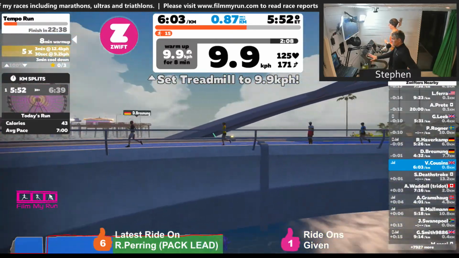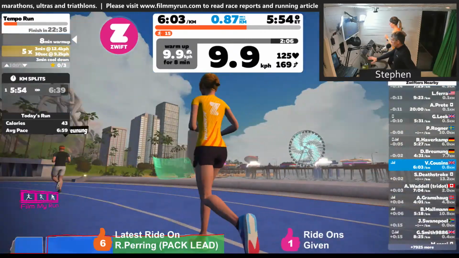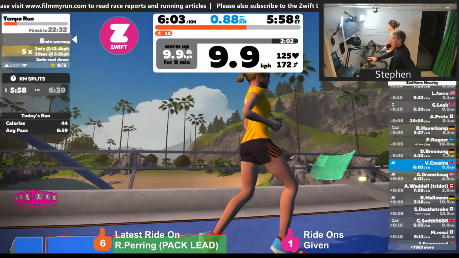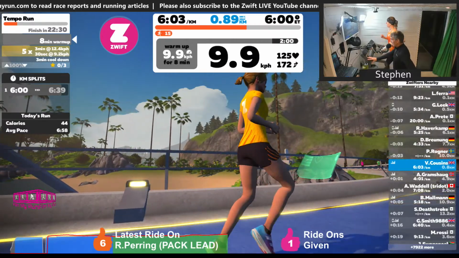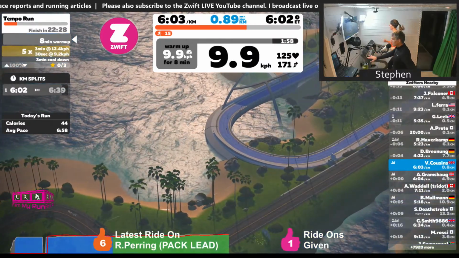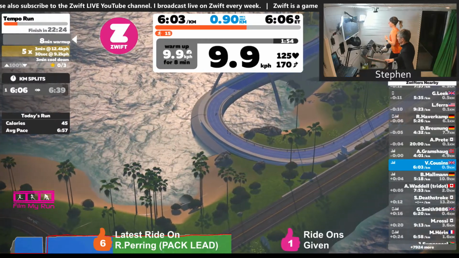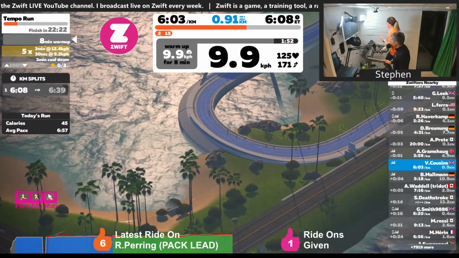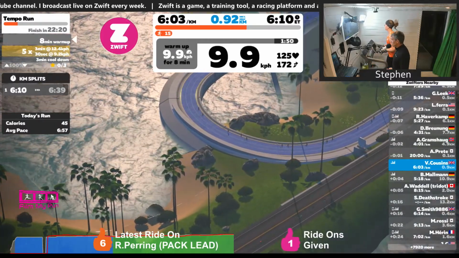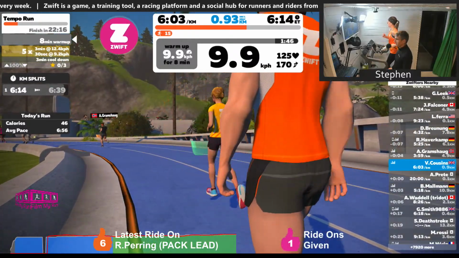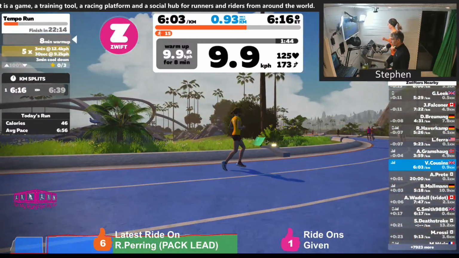Go to Windows Update and update everything you possibly can, and then reinstall Zwift from scratch and see if that solves the issue. Uninstalling and reinstalling is always the way to do it, basically. No worries, Miguel.